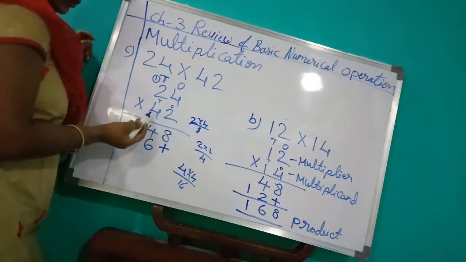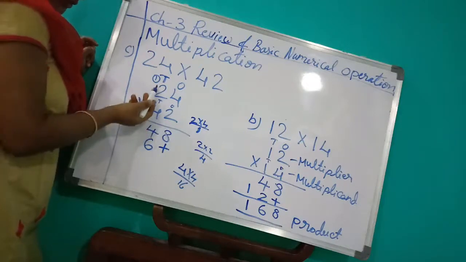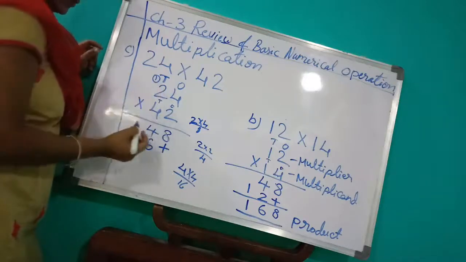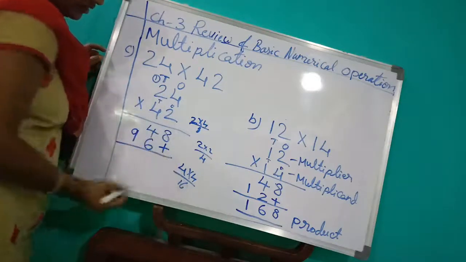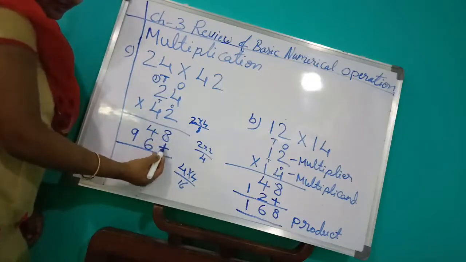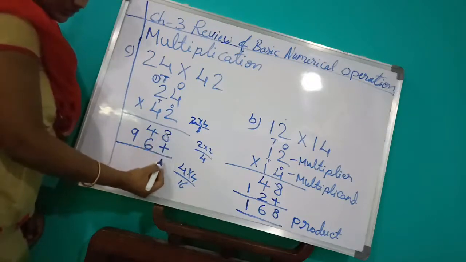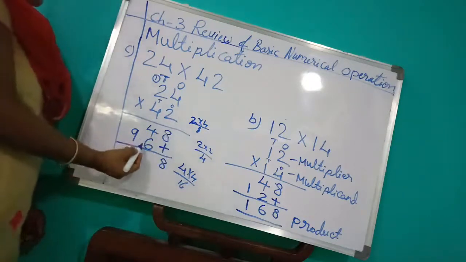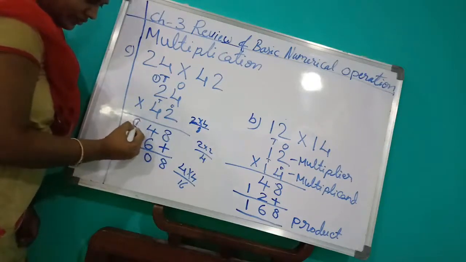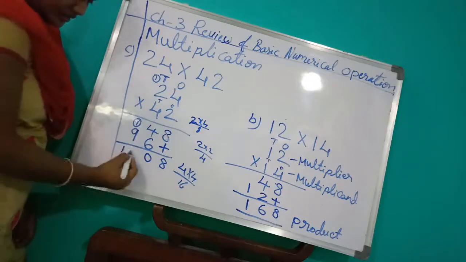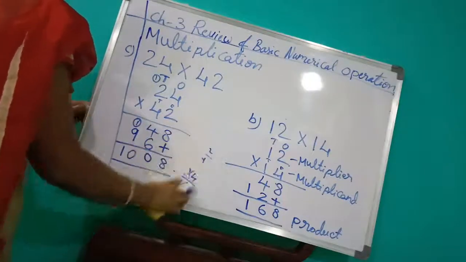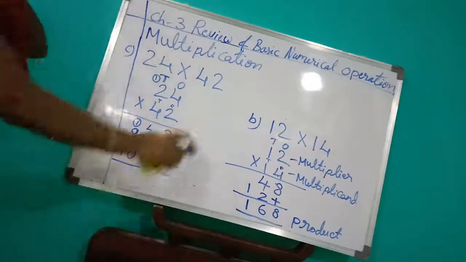Again, what do you have to do? This 4 into this 2 you should multiply: 4 2s are 8, 8 plus 1 is 9. Again, you should add these two numbers. Here, is any number there? No, the plus symbol is there. This 8 you should write down here. Here, 6 plus 4 is 10: 0 here, 1 carry forward. 9 plus 1 is 10. Understood, children? Write in the classwork.